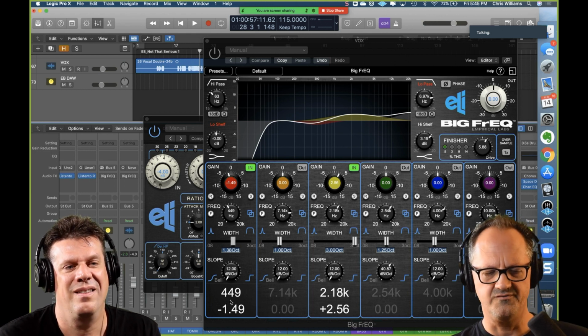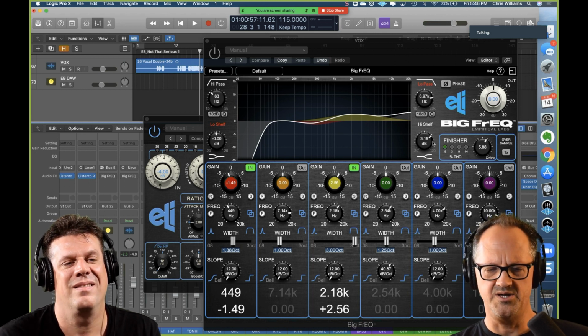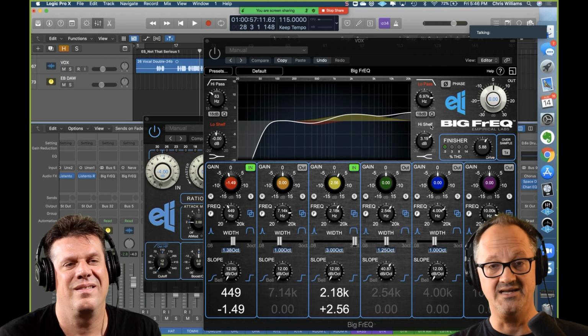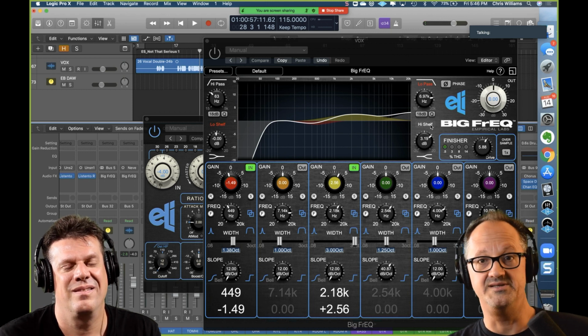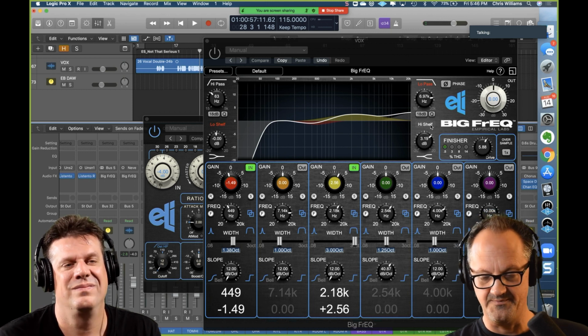So our choices here were 449, 2.1, 2.2. And then we use that fixed shelf one more time, which again, too bad it's not movable, but at the same time, it seems to just do the trick, right? So